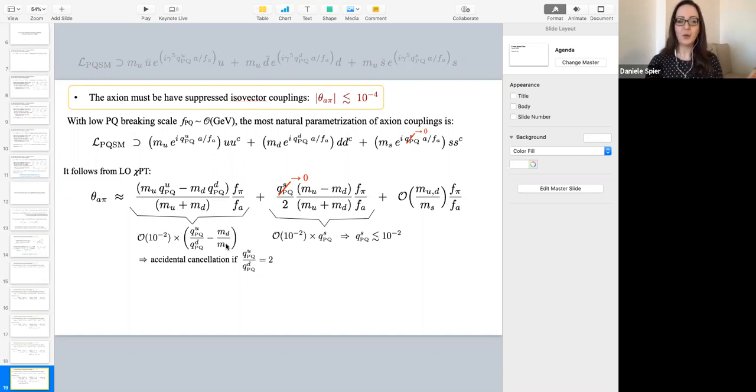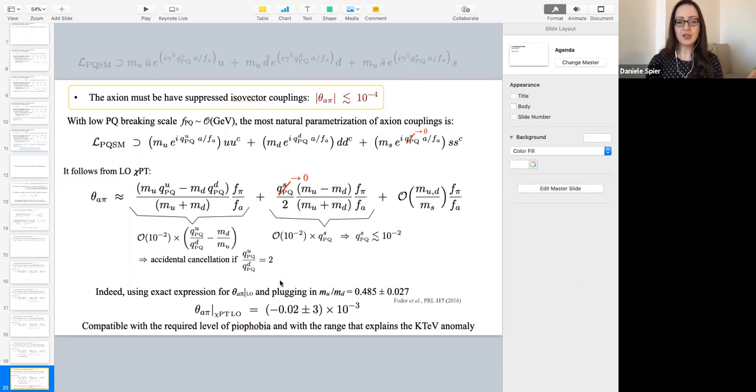Consider, for instance, the most recent lattice determination of m_up over m_down, which is very close to 1/2. If I plug this numerical value into this expression, and I also include this other long and boring expression that is suppressed by m_up over m_strange,